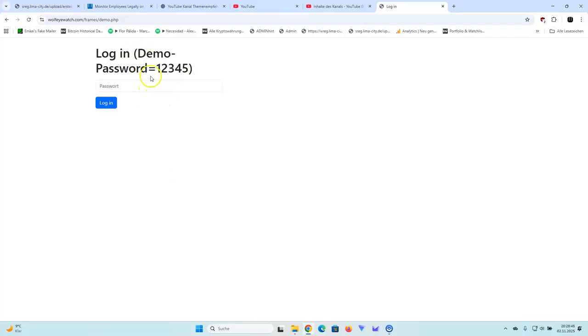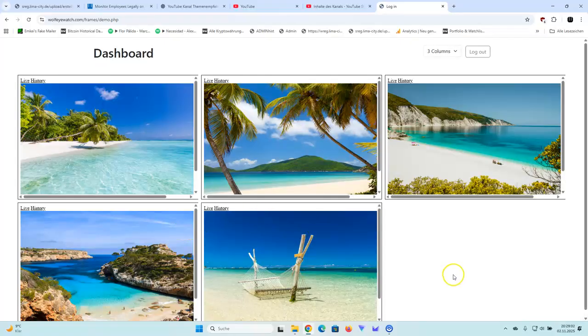This is the demo version. So the password to the demo version is 12345. Of course, if you install it on your computers, you will set your own password. You will have your own password to your demo. 12345. I log in, and if you log in, you will see for each of the computers that you have